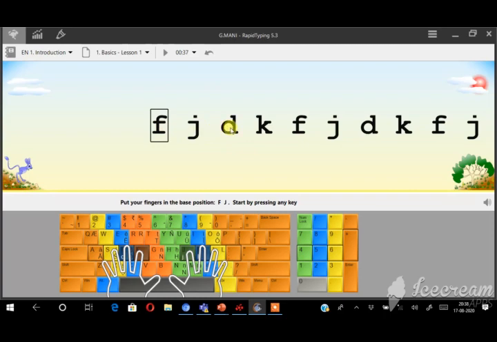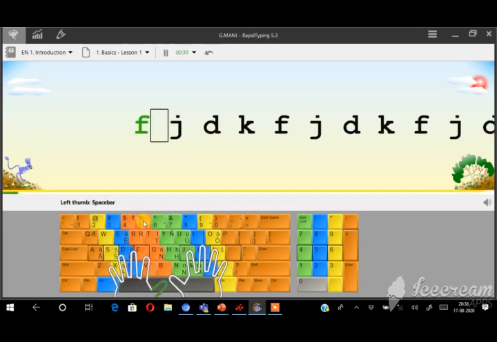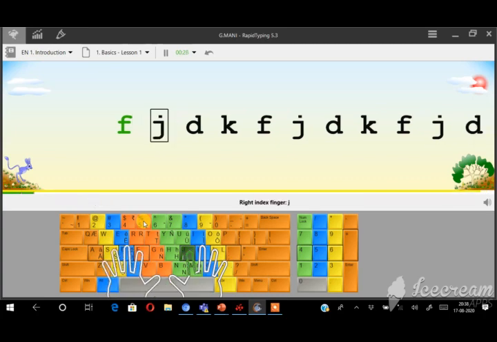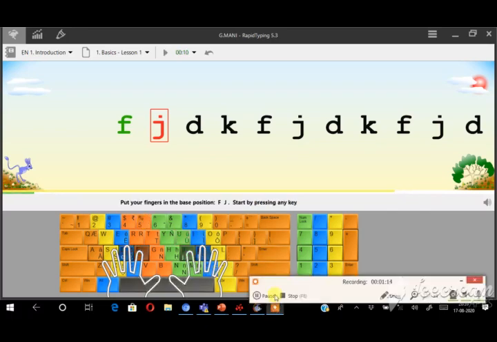Suppose I am pressing the F on our keyboard. If you are typing correctly, it shows in green color. Next you have to give the space using the thumb. If you press the wrong key instead of J, say I press the U, it displays in red color. You can use either thumb for the space. I hope you understood it. This is the way you have to type each and every letter.